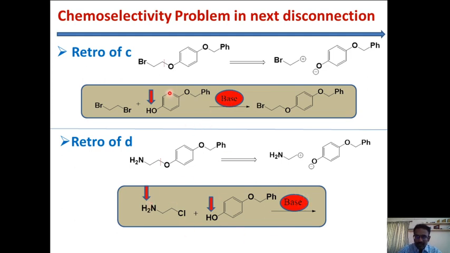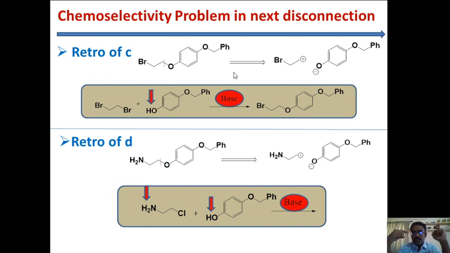But in the case of the further retrosynthesis on the C pathway, when you break down the second bond, we don't have any chemoselectivity problem. Here you have only one acidic proton. When you treat with base, it will easily undergo nucleophilic substitution, resulting in the target molecule. Then you can carry forward to the next step. So I think it is very clear how we eliminated the choices A and B, and finally D.